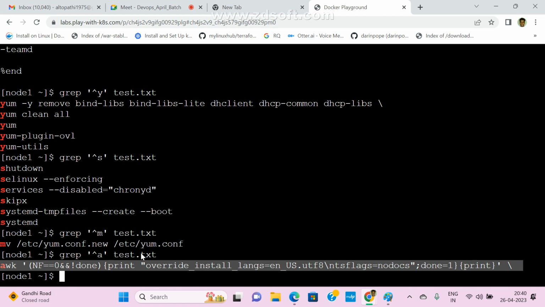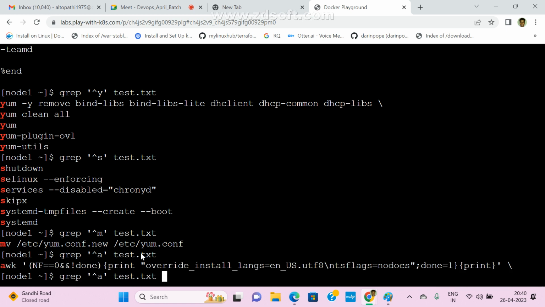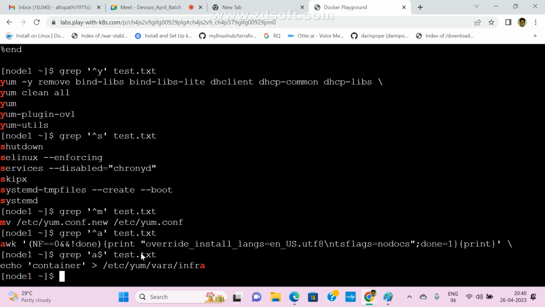Yes. Okay. Now same thing, lines that end with which character? Now starting with A, right? So for lines ending with a character, we use the character and then dollar on the right side. That's it. Dollar is Shift 4. So if any line ends with A, only that line will display. Now got it here?